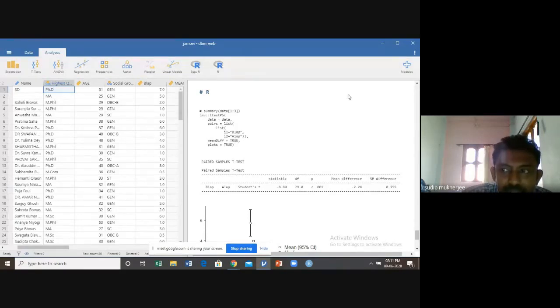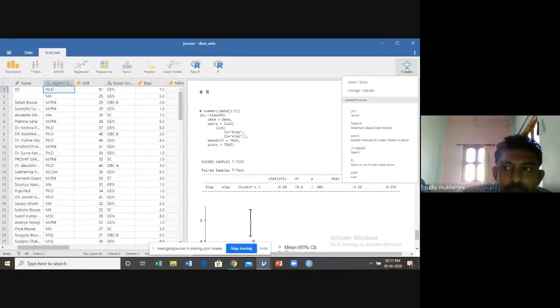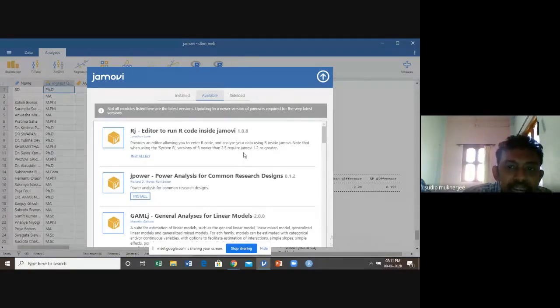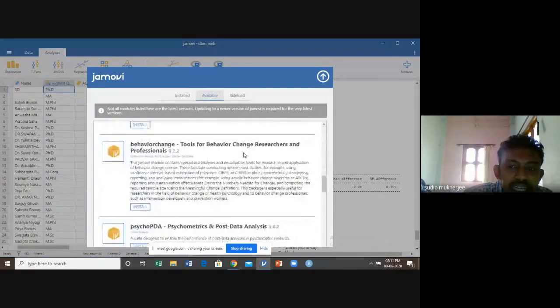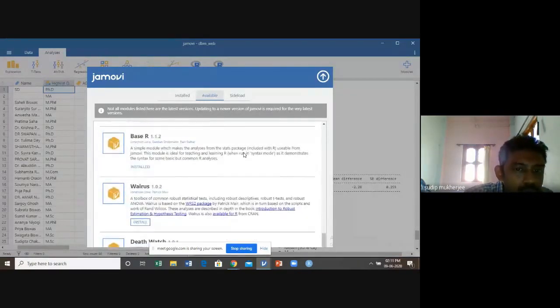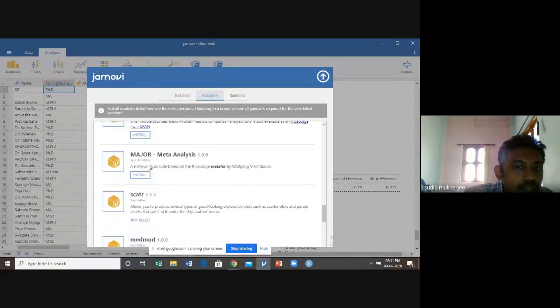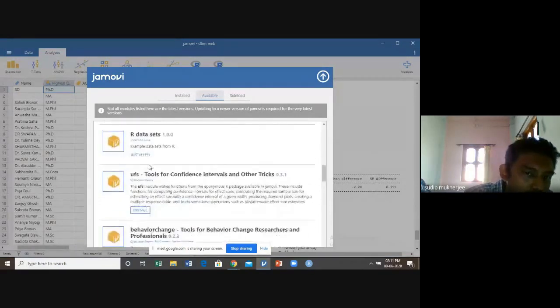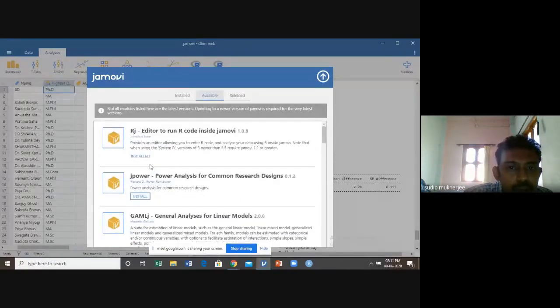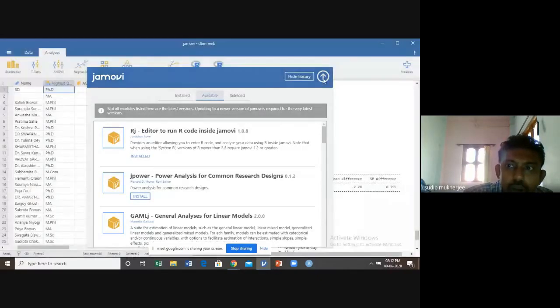In your Jamovi, you may not be finding this base R and R. You think, how did I get this R and base R? That's why there is a module option. In module, there is a Jamovi library. You just click on this, and it gives you the available add-ins continuously added in the Jamovi. You can download and install any one of your interest. In my case, base R is installed. You can also install any package of your interest. You can do mediation, moderation, any advanced tools with the help of this particular Jamovi software.